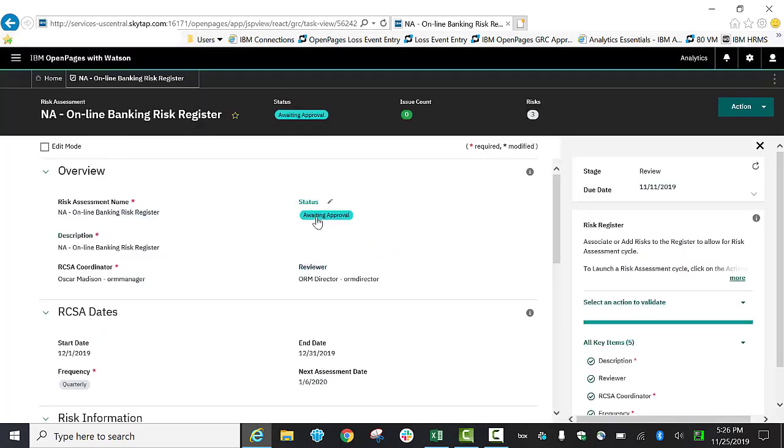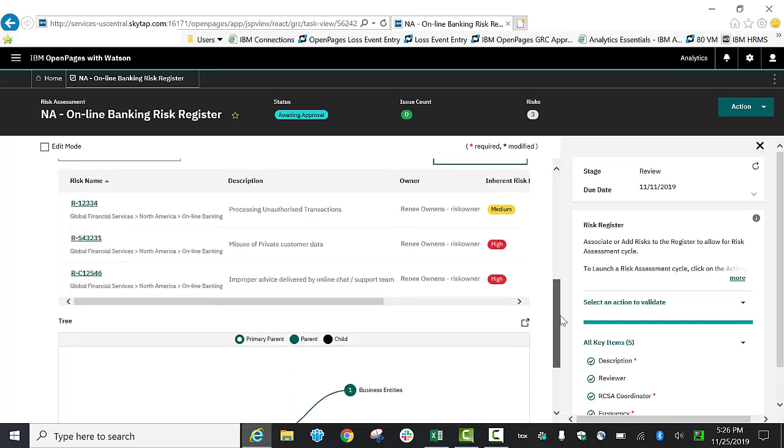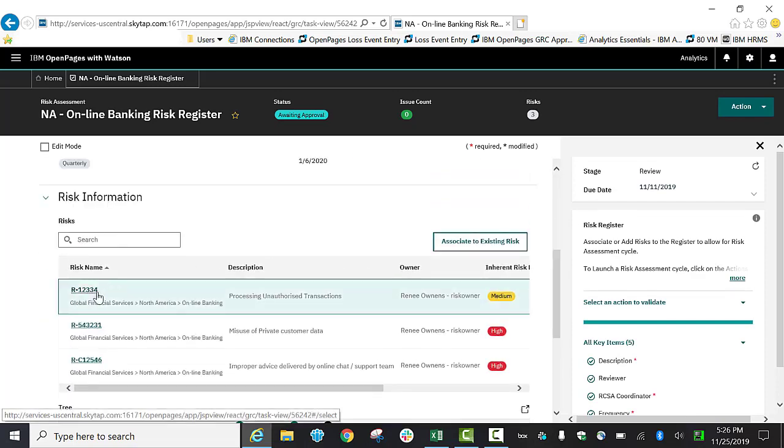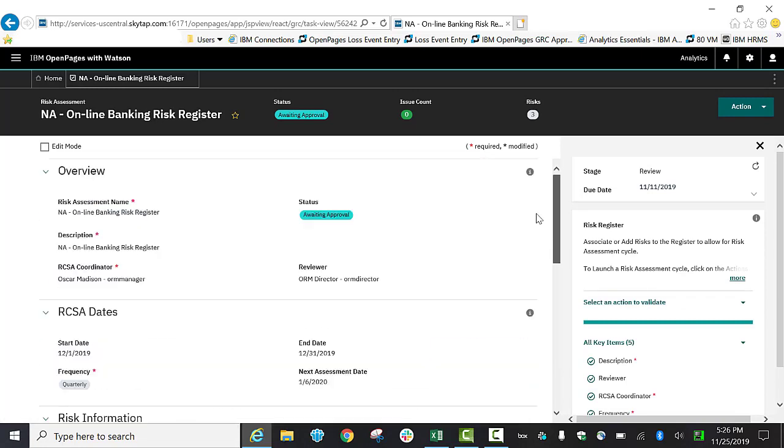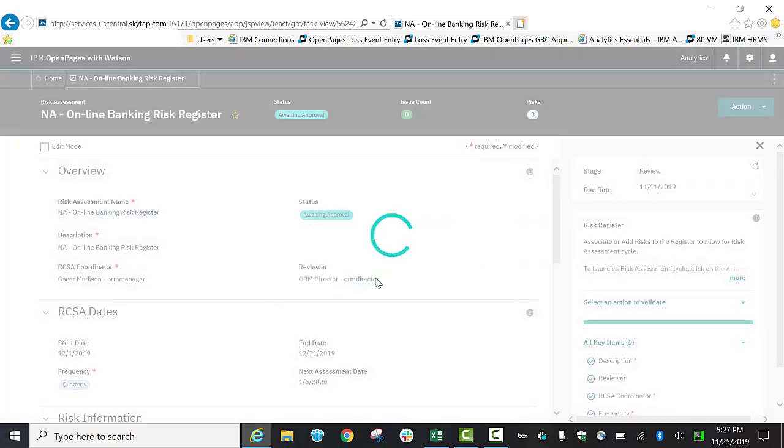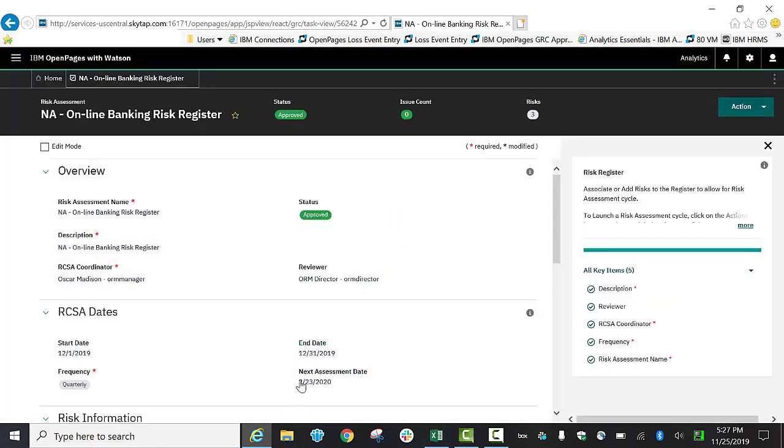This happens to be awaiting approval, so it's at its final stage before completion, but we see that all three of the risks, if we went into them, they are all in an approved state. What this means is I should be able to then review complete. So notice the next assessment date is January 6, 2020. When I say review complete, after I've reviewed my risks, of course, and the underlying controls, any comments, any issues, any sort of information that can provide insight on the results of the individual assessments, notice that the next assessment date changed to